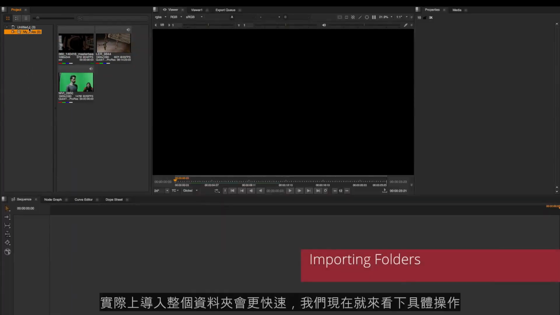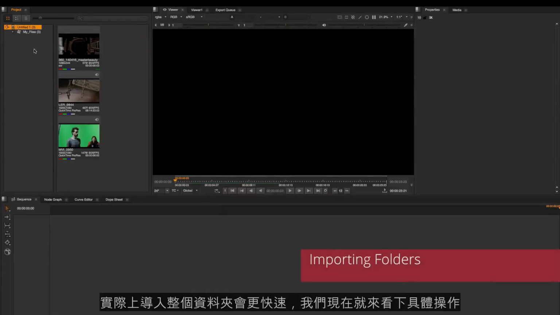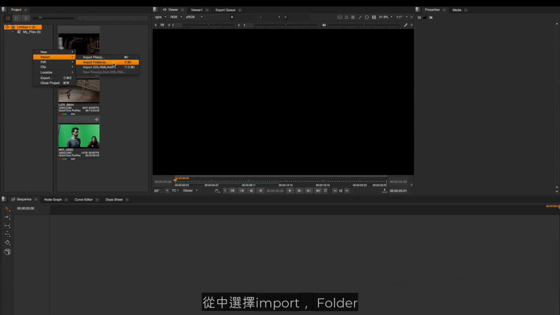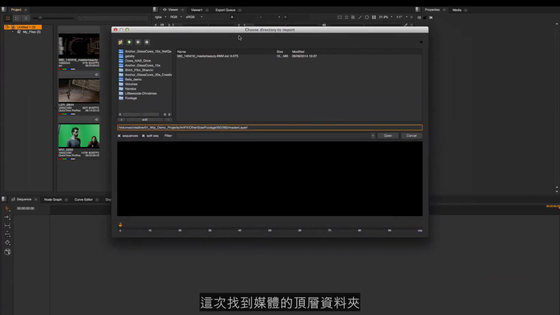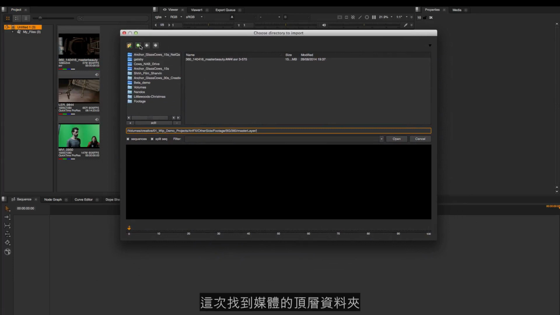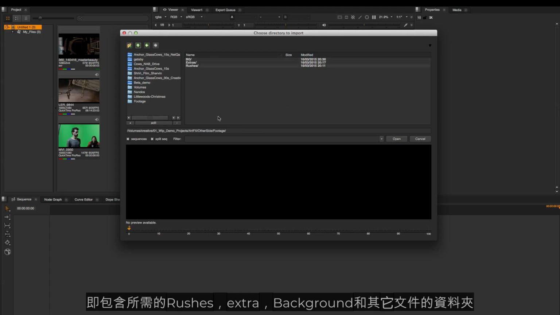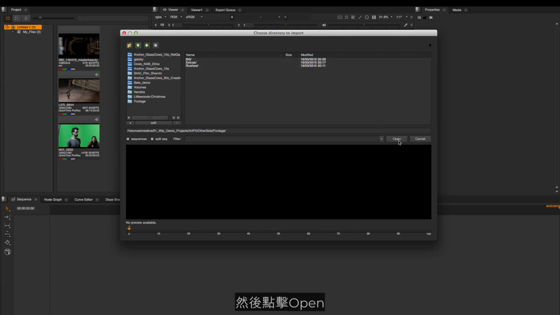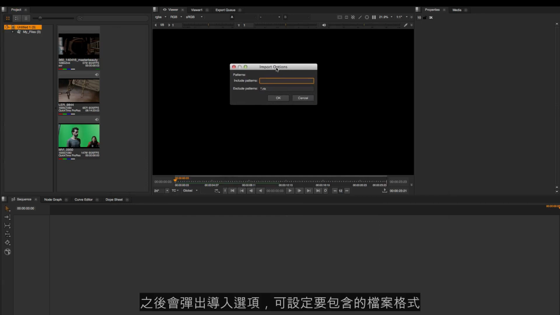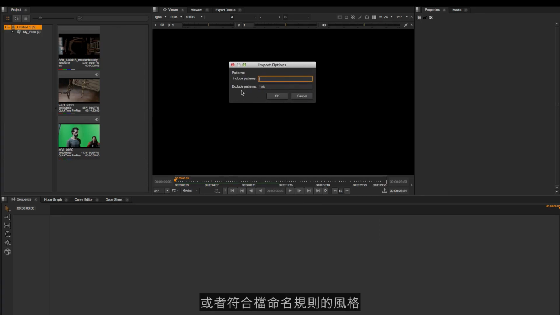Let's import some folders very quickly because I want to show you something else in here. I'm going to go Import, Folders, and what I want this time is to find the top folder for all my media, where I have my rushes, my extras, backgrounds, and different bits and pieces that I want. I'm going to say Open. Now it brings up these import options, which is a way of excluding file formats or patterns within the naming conventions of your files. So for example, I could say I actually only want to import QuickTimes that you find in there. So I'm going to type